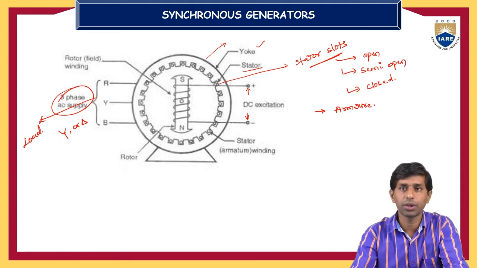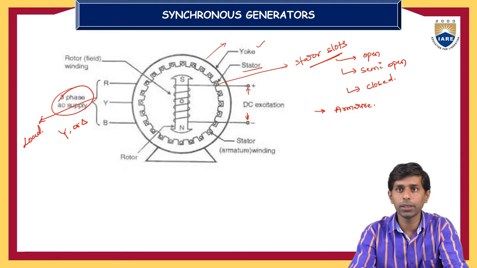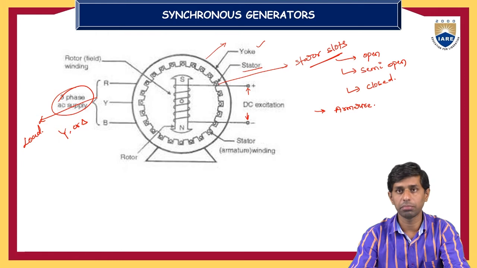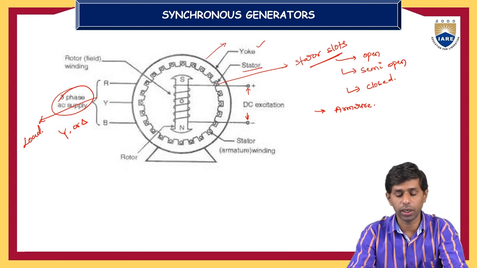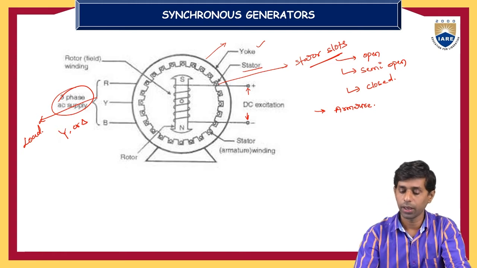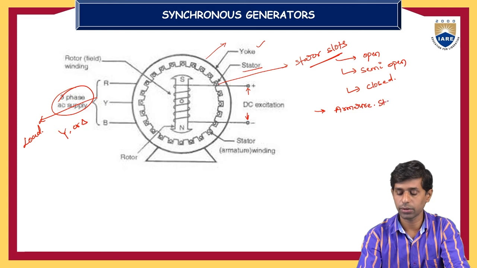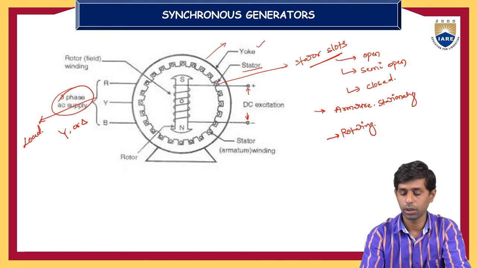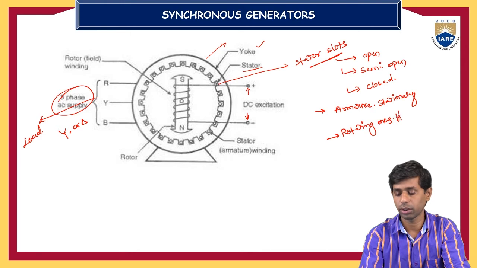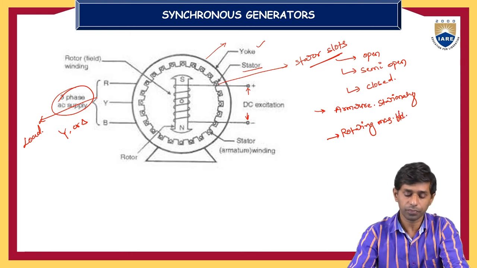Here the DC excitation is an auxiliary supply that is connected to the field winding of the generator to produce a magnetic field, a constant magnetic field on the rotor periphery. When it is moving, it will be subjected to the rate of change of flux cutting by the stationary conductors called armature conductors. And the armature is stationary in this case, the stationary armature, and a rotating magnetic field structure. Rotating magnetic field structure we preferred in this case.